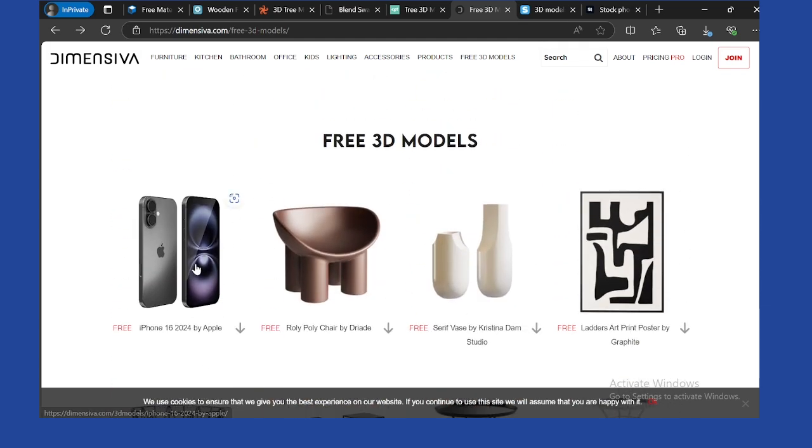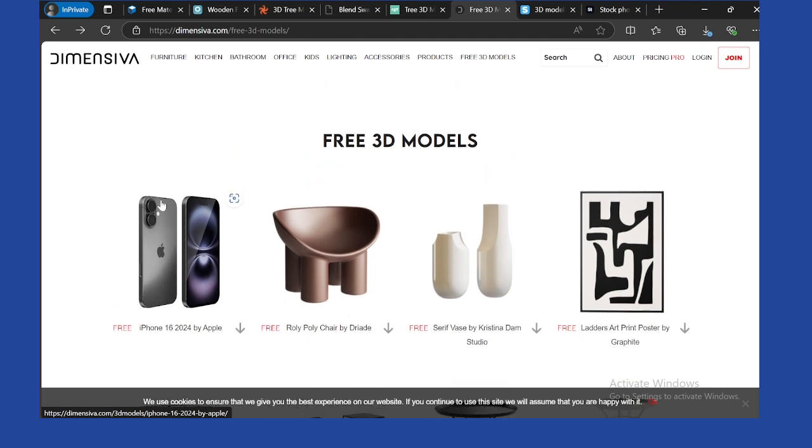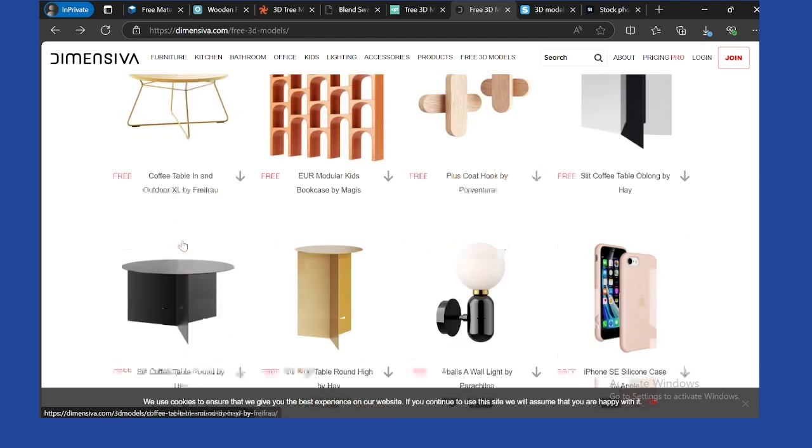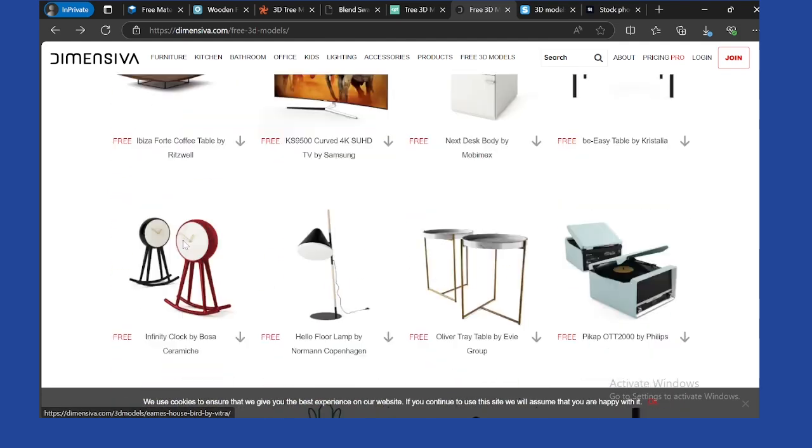This one, iPhone 16, 2024 by Apple. You can download this model. Maybe they might ask you to log in or create an account, but they're saying it's free. I haven't downloaded it, but